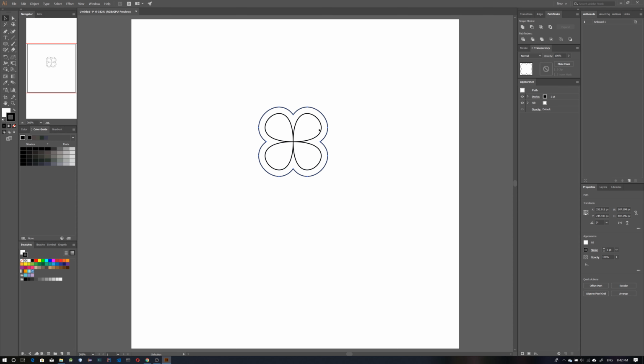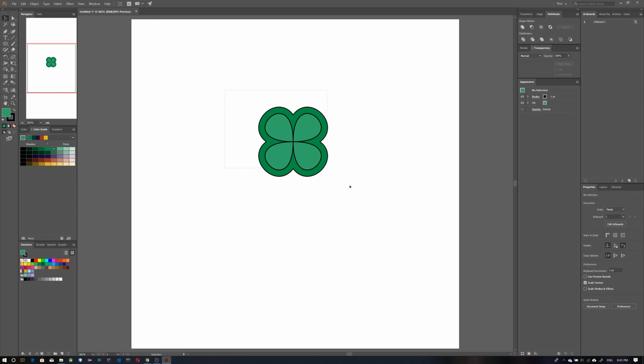Now it's time to color our flower. Choose green to color. Click on X on your keyboard to switch to fill. Then choose green. Select the inner part and choose light green. To deselect, drag and select both, and then